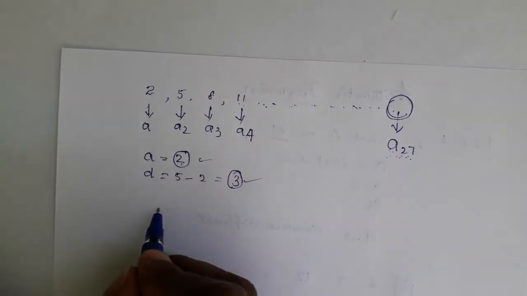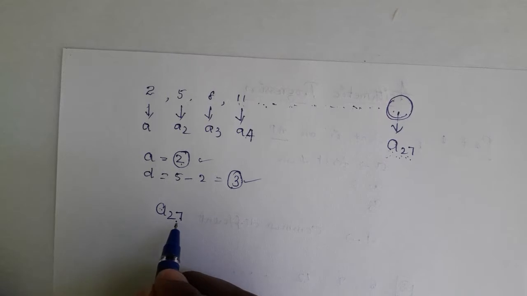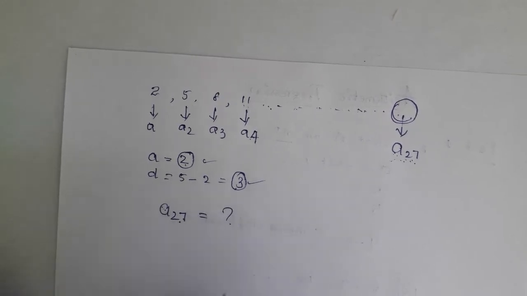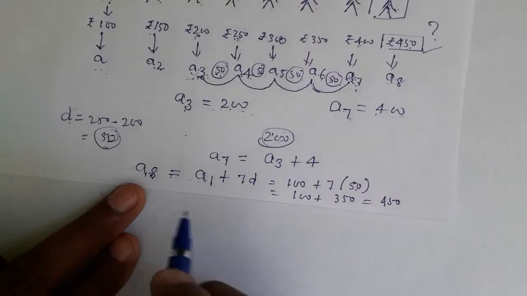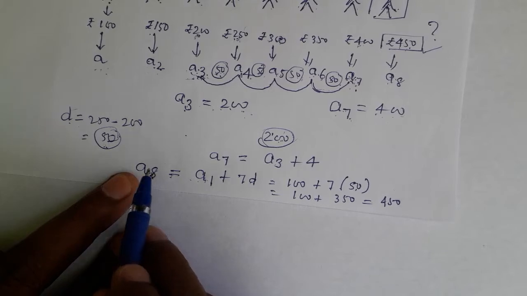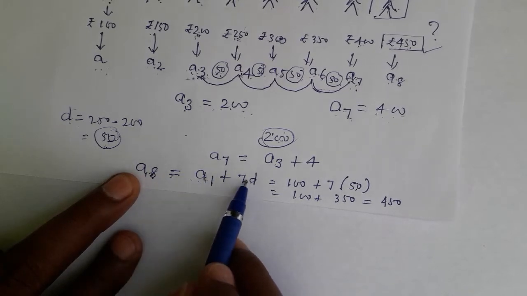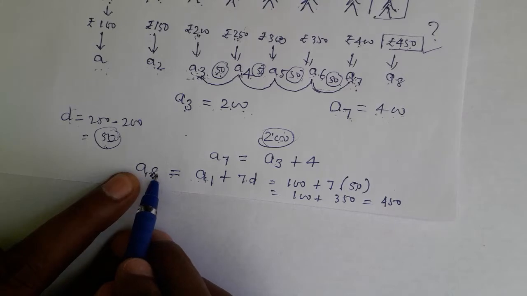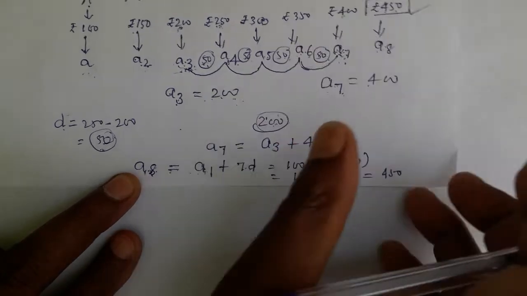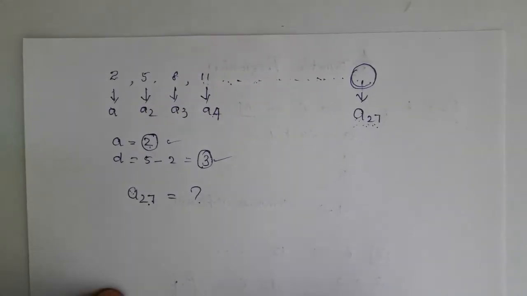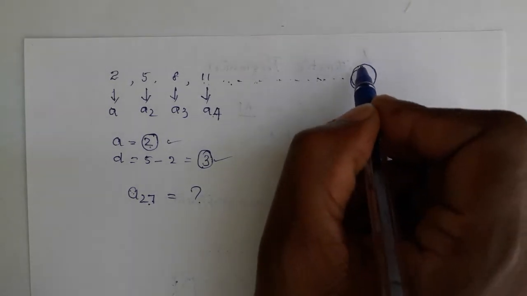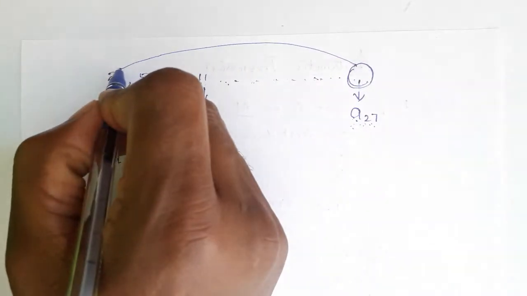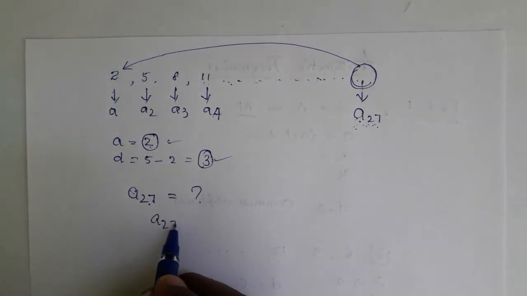So how to get it? A27, the 27th term. A means term, 27 is its position. The 27th term is unknown. How to find it? In the last case I showed, for the 8th position, if you don't know it, go to the first term by taking 7 jumps. Understood? Similarly, in this example the 27th term is unknown. What does this 27th term do? It goes to the first term. That means A27 is equal to A